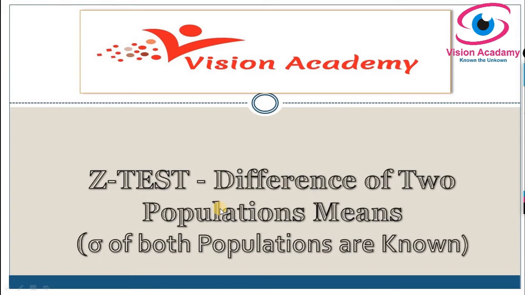In this case, we can consider two populations, population 1 and population 2, under study. Also let mu1, mu2 be the means and variance 1 and variance 2 be the variances, which we can denote mathematically for our study. So in this lecture, I will specifically focus on the difference of two population means when the standard deviations of both populations are known, in the z-test, that is testing hypothesis under z-test.